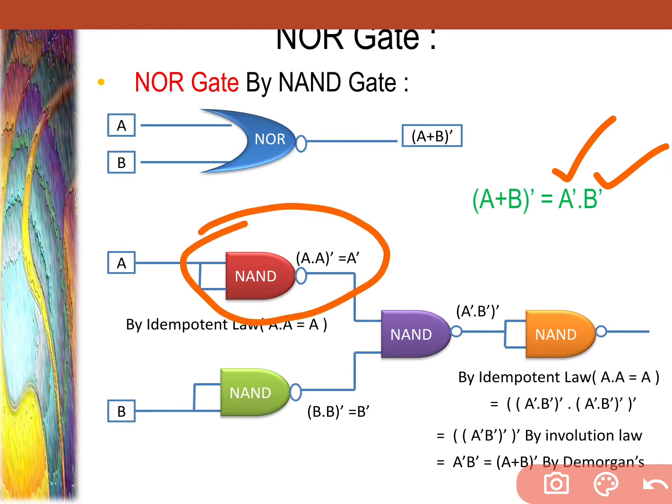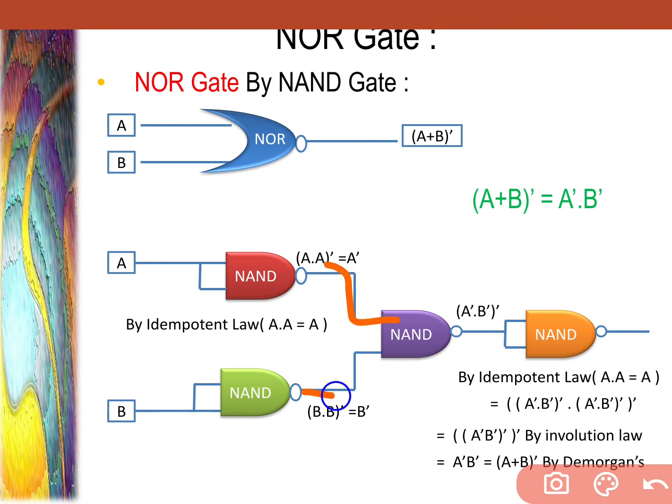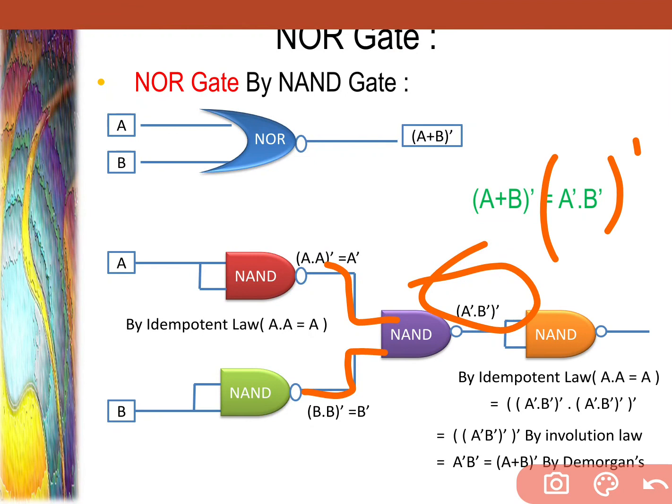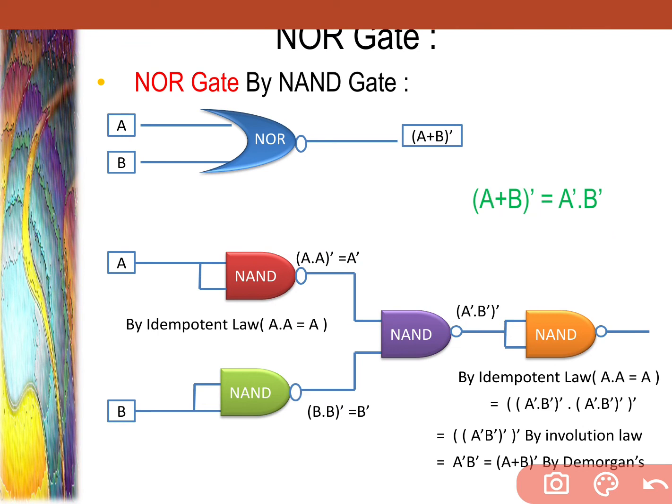That's why we had created A dash, we had created B dash, and then we are sending A dash and B dash through the NAND gate. We are getting whole dash of A dash dot B dash, and we don't want that whole dash. I want to remove that dash. Then what I have to do? Again, I have to provide one more dash so that dash will be cancelled. See what I've done? The same thing I've done again. I'm sending it 2 times. Then what happened? The same thing is written 2 times. And the idempotent law says we can write it 1 time. That's why I had written 1 time.